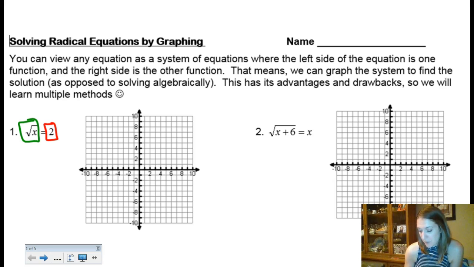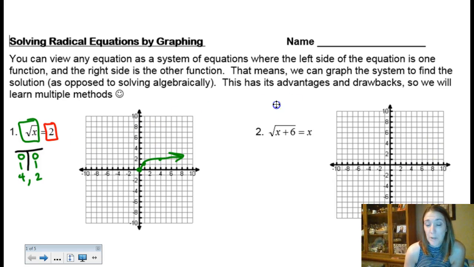So if I graph the square root of x, we should have already gone through this lesson before, but remember the square root of x is a graph that starts at 0, 0. And then if we kind of remember our t-tables we made, you could graph any points you wanted for this guy, right? But you want to pick x values that are nice to square root. So like we already did 0. 1 is easy to square root, so square root of 1 is 1. And then 4 is pretty easy to square root. Square root of 4 is 2. So if I plotted all those points and connected,